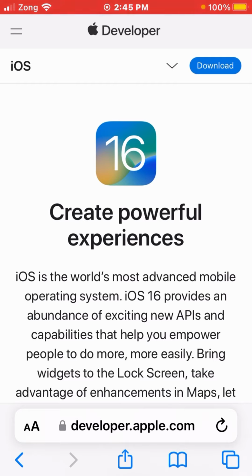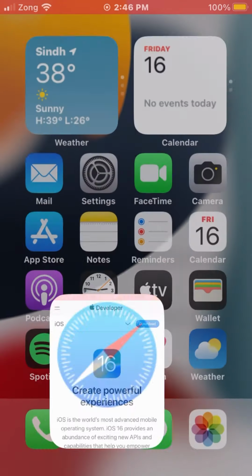As appears on screen, at the top corner you can see a download option. Just tap on Download and download the profile from here. After downloading the profile, then go back,